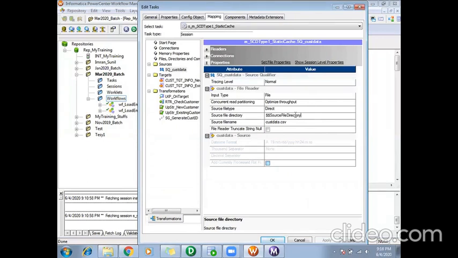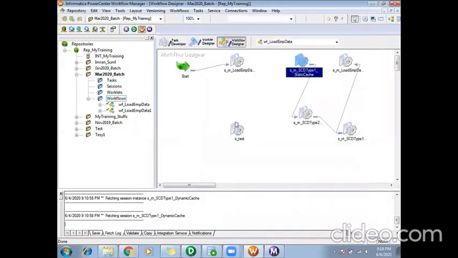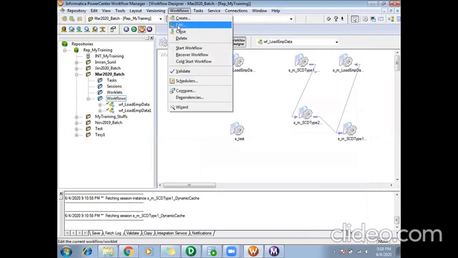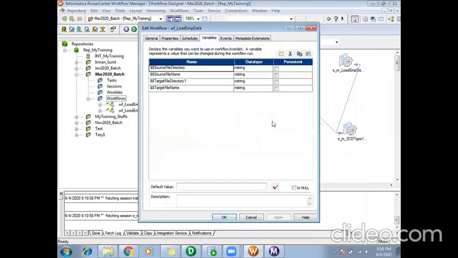Okay, and in future if the file directory changes, I need not touch my workflow. Since I am using a variable, I just need to go to my parameter file and change it to the new file directory. Like that, for source file names, target file names, connection details, whatever we are using at our workflow level from the parameter file, for each of those we have to create variables here in the workflow variable section.